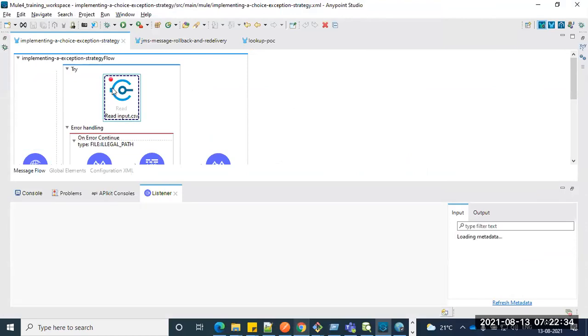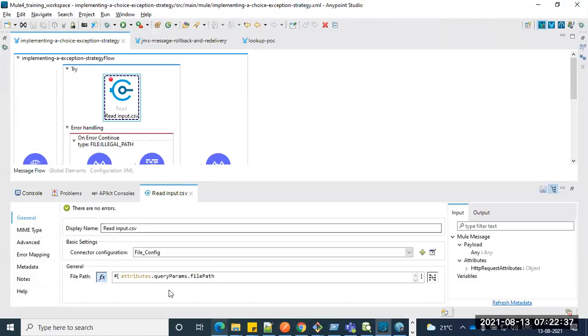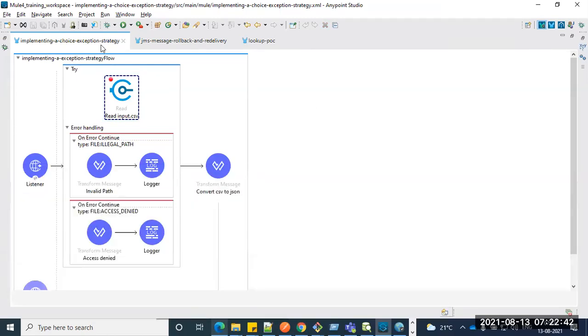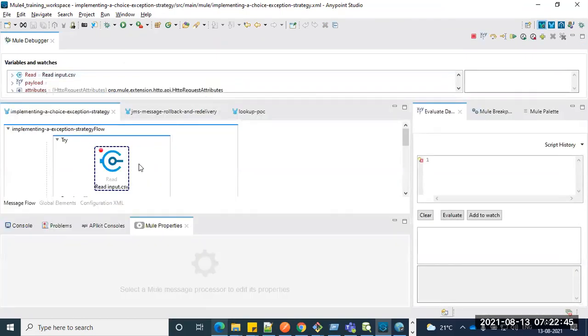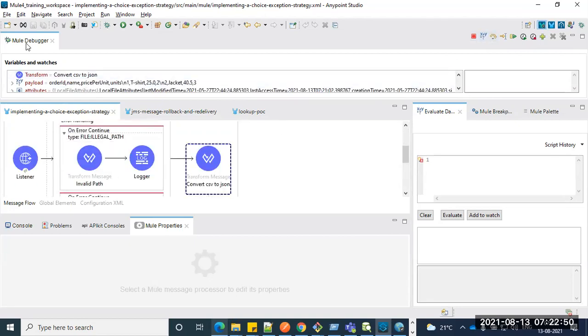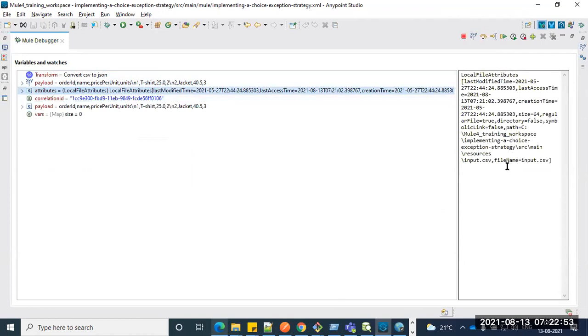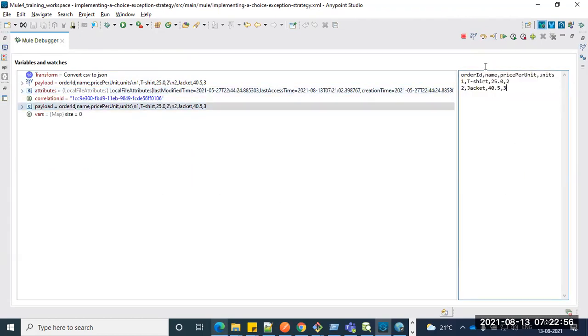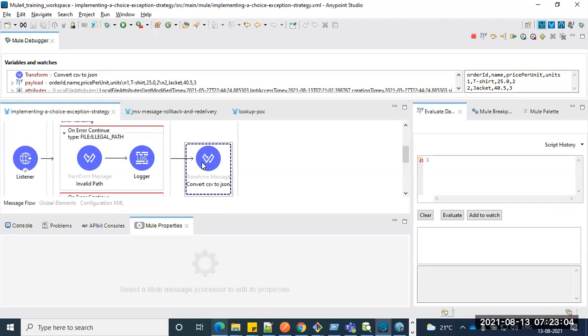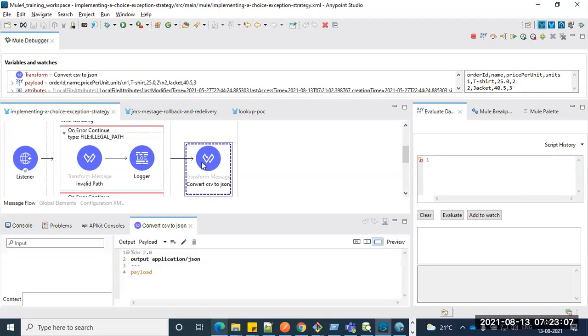Here you can see the query parameter file.path, guys, file path. We're passing that to the location where that particular file is available. So we don't have any issue; we are passing the right path. You can see the data is being read, whatever is available in the CSV content, and then we are crossing to the next level. Observe here, we're getting a CSV and converting it into JSON. So here is the output.